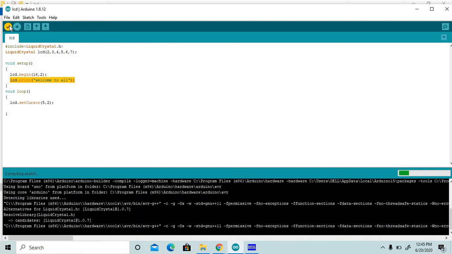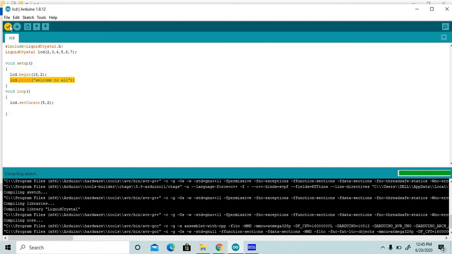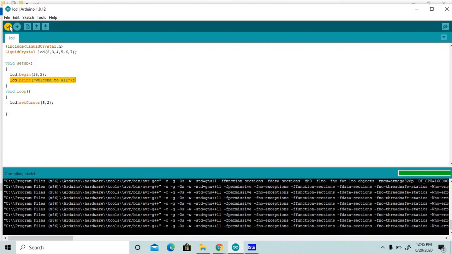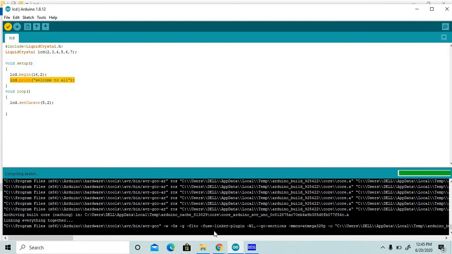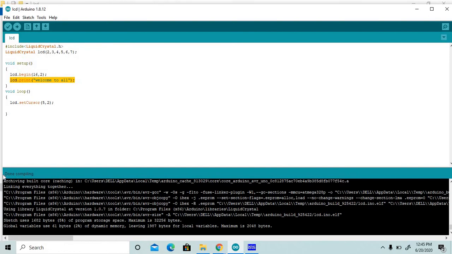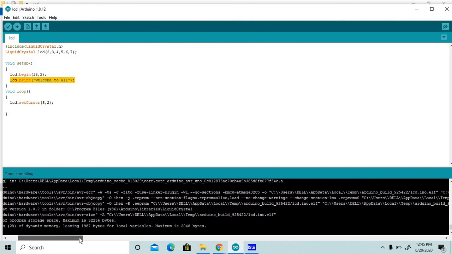Build it. Compile it. You compile, done compiling. Your hex file is in this location.